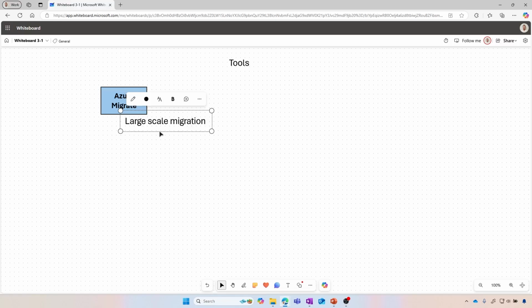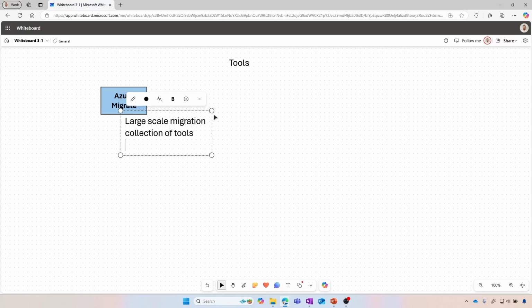Think about a multi-tier application, a 3-tier application with the web front, middle tier, and data tier all on VMs, and then you want to migrate this application to different endpoints or resources on Azure. So it's a collection of tools, which is very interesting here.